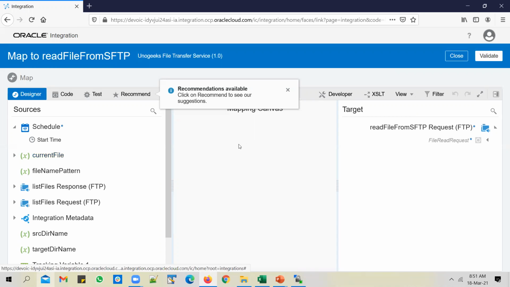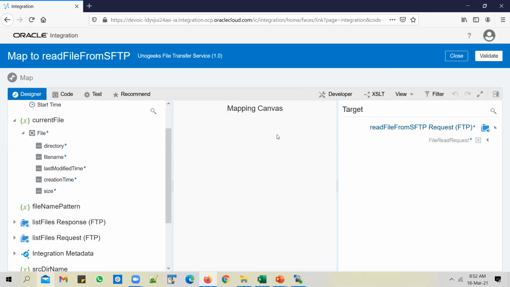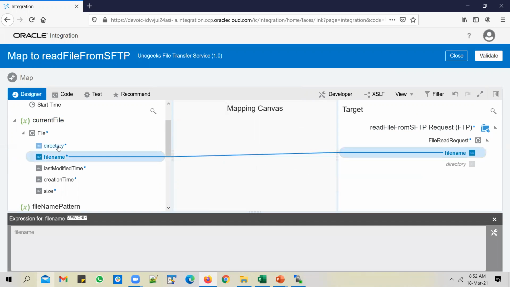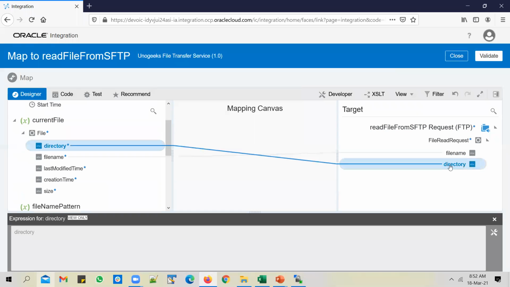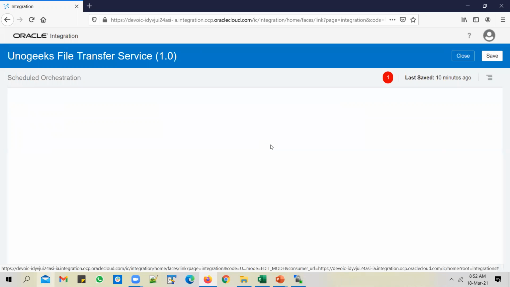So if you want to refer to any attributes of the current file, you can use this option. Expand as, open file. And I want to read this file from this directory. So pass in the file name and the directory name as well. Validate. And close.